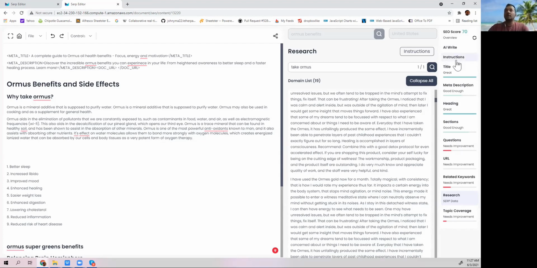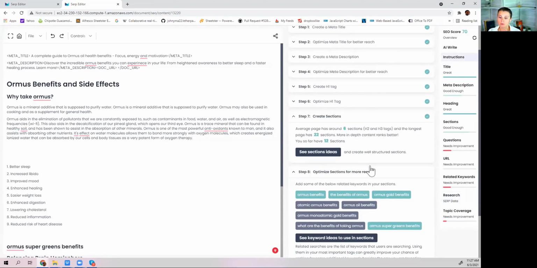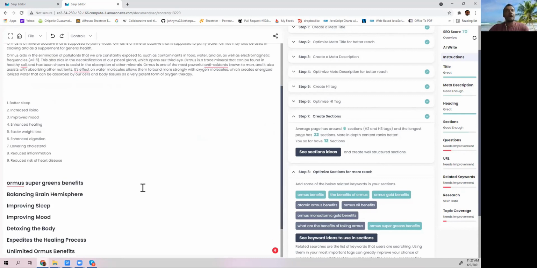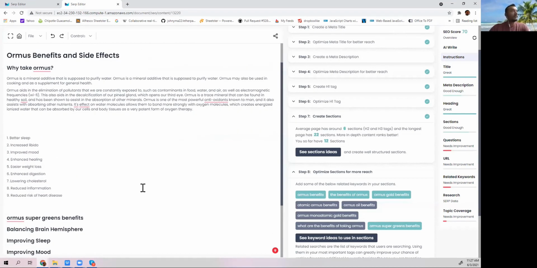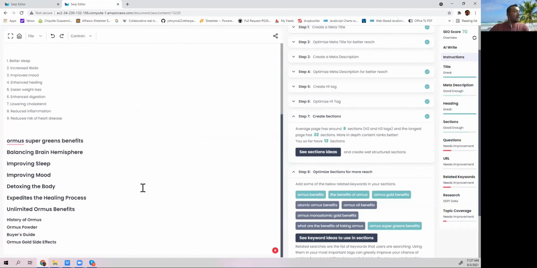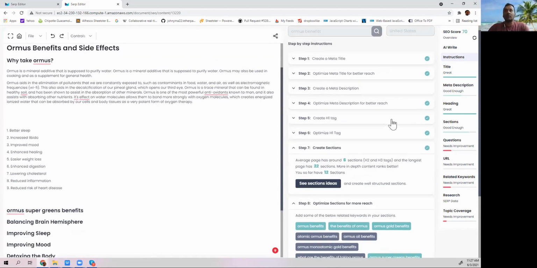Okay, so let's go back to instructions real quickly. Well, really quick, there is a question from a couple of people. Why did the score go down when you added more content? So the score did not go down when I added more content. What I did was I removed one of the topics and changed it into a regular tag, a paragraph. So that's why. So let's see why our score dropped.